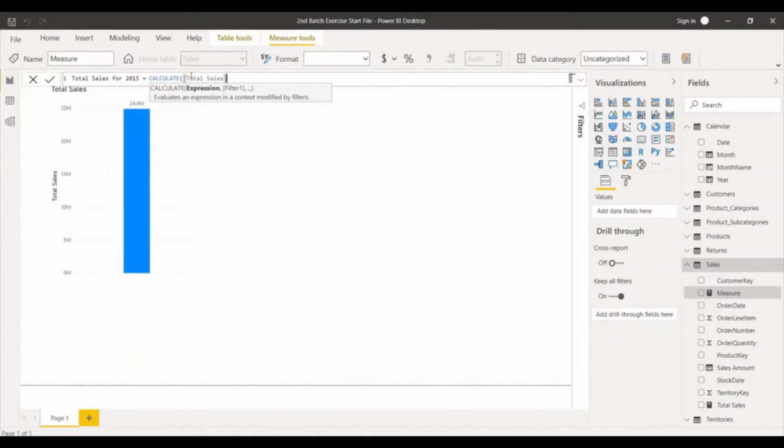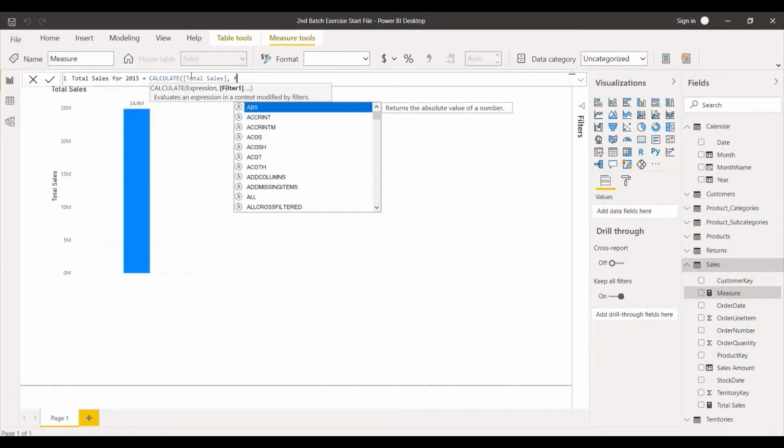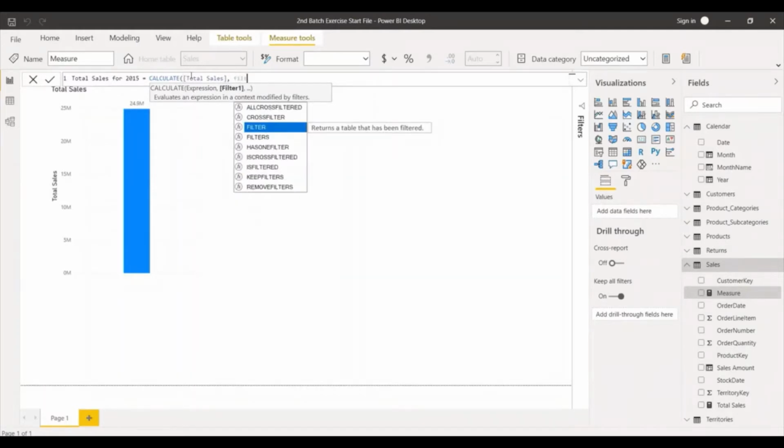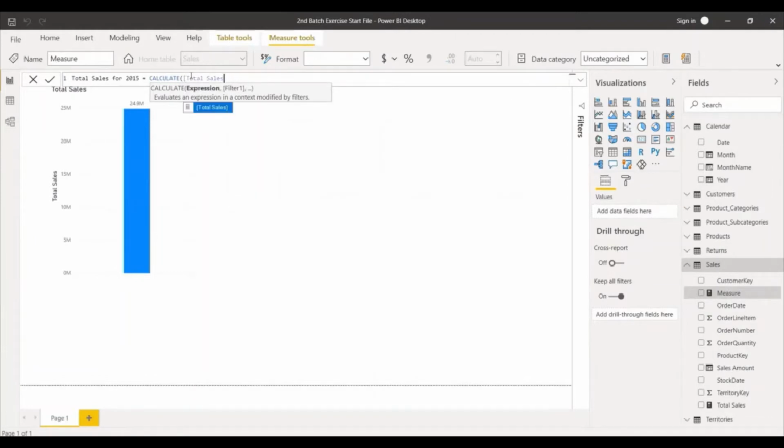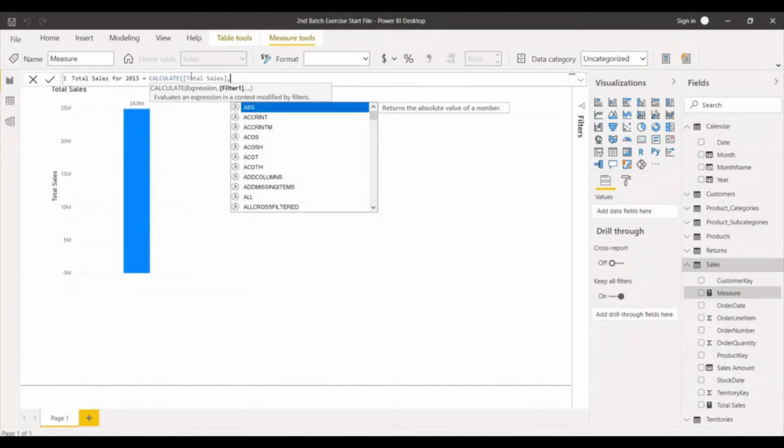So you can refer to total sales directly, and the second part of your expression says filter. What do you want to filter? That's the important part.